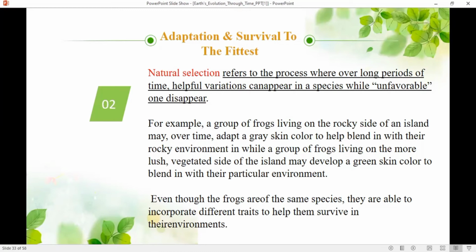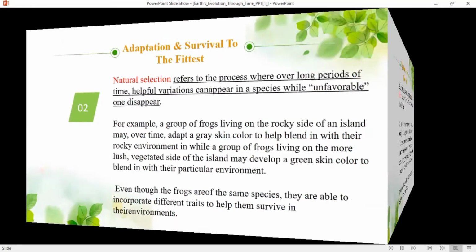We can see that the frogs are the same species, but they have different traits that are better suited to their environment. So the frogs that live on the rocky side may develop a gray skin color to blend with their environment so that they will be safe from predators, while the frogs that live on the vegetated side of the island may develop a green color to blend with their particular environment for them to survive. So even though the frogs are of the same species, they are able to incorporate different traits to help them survive in their environment. Next is